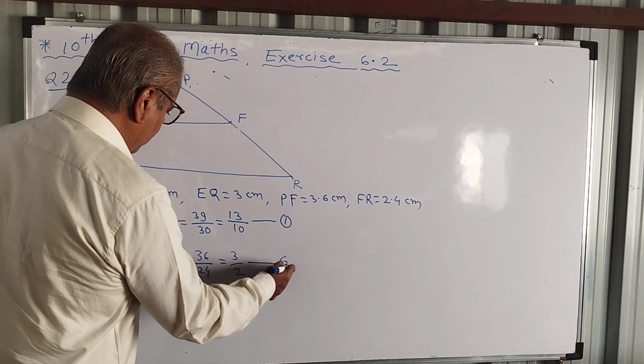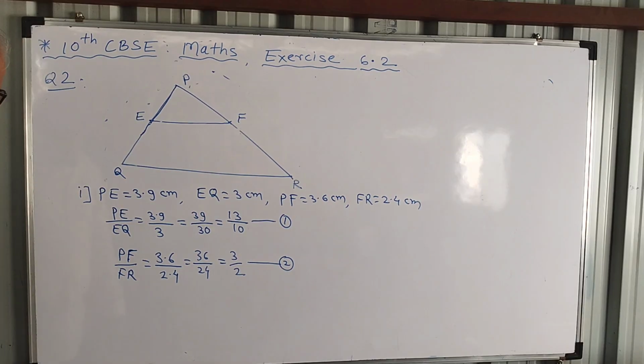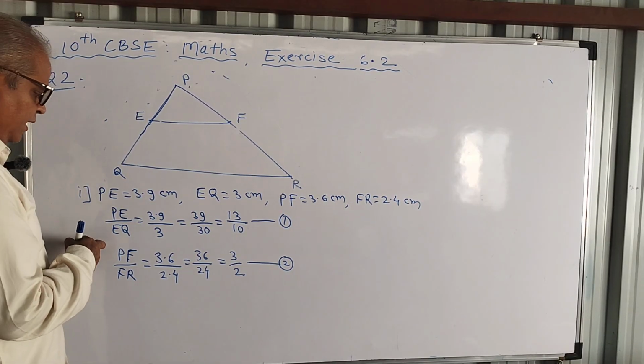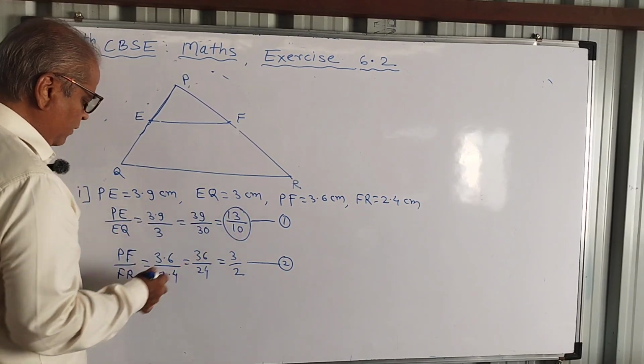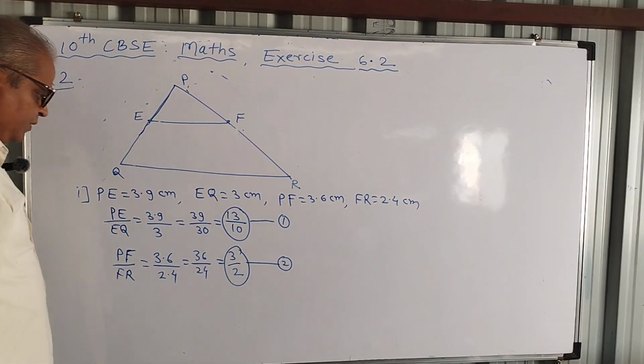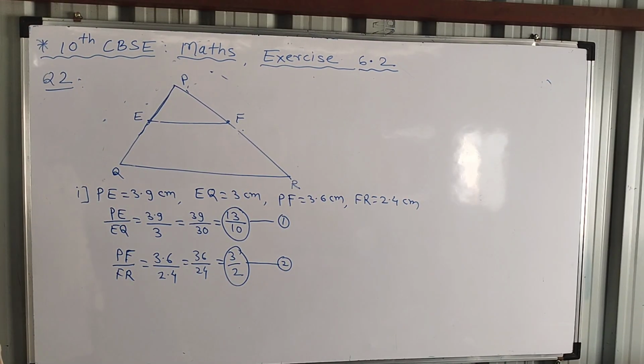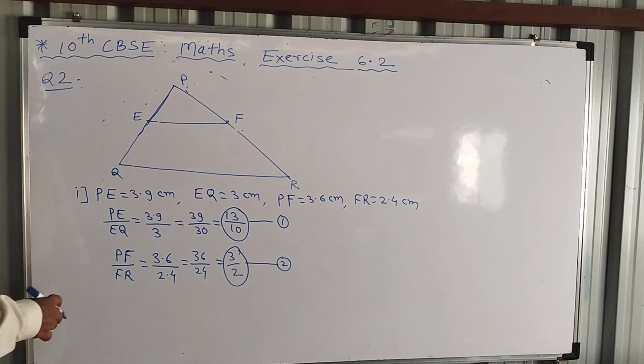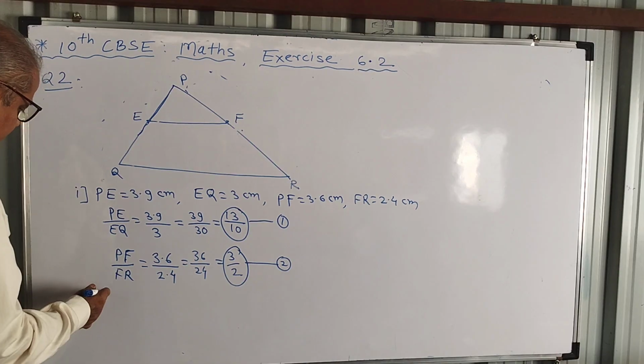Statement number 2. Now look at statement number 1 and 2. PE upon EQ, the ratio is 13 upon 10, and PF upon FR, the ratio is 3 upon 2. That means they are not equal. The ratios are not equal, then the line is not parallel. But by writing a proper write-up, therefore